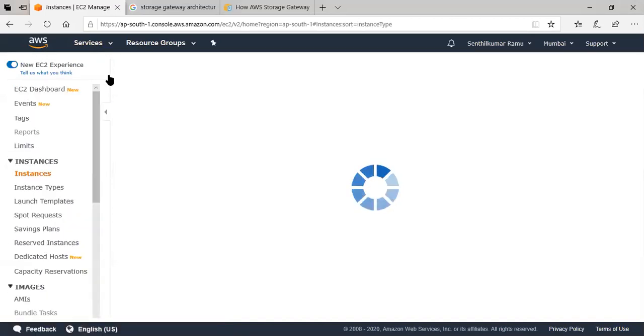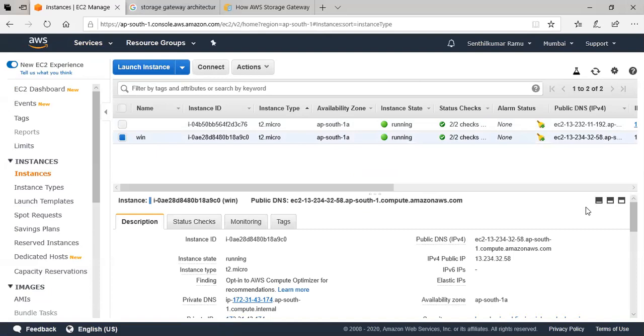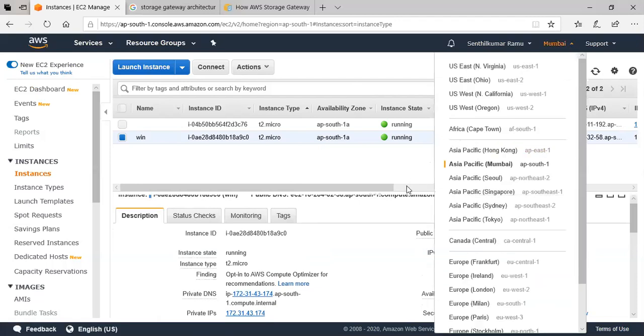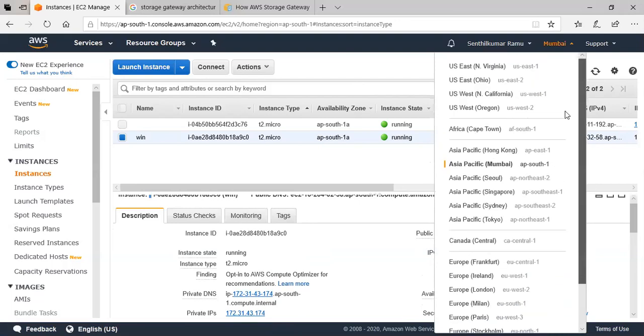You're following my screen. See, this is a server. This is my Windows server. See, this is running somewhere in Mumbai. Mumbai is prone to a lot of floods. If there is a rainy season now, it's very difficult for people to move around, and it is very close to the sea area. And imagine a situation: one of your zones of AWS data center goes down. That means the entire services of AWS, whatever is running there, is not available.